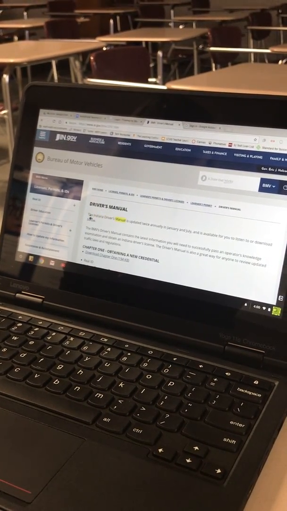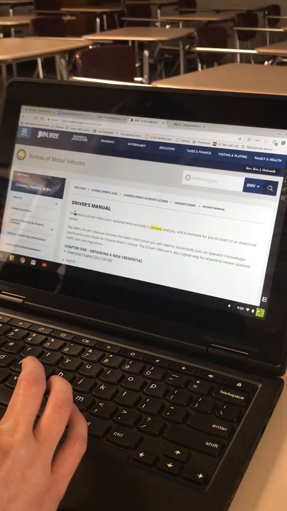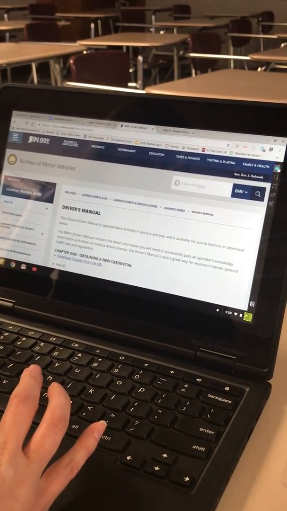The Indiana Driver's Manual is updated twice annually in January and